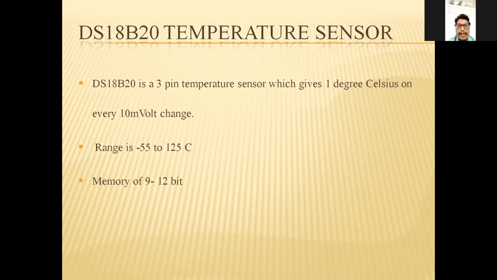The DS18B20 temperature sensor has 3 pins. The left pin is a ground pin, which is connected to the ground of the Arduino board. The middle pin is a data pin, which is connected to any digital pin of the Arduino board, and where we will get the temperature reading. The right pin is the VCC pin, which is the power supply between 3 volts and 5.5 volts, and which is connected to the 5 volts of the Arduino. Next.